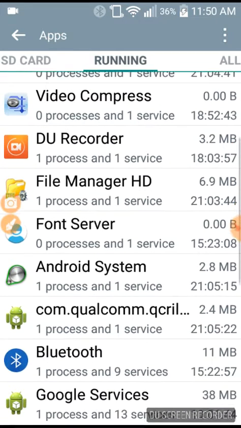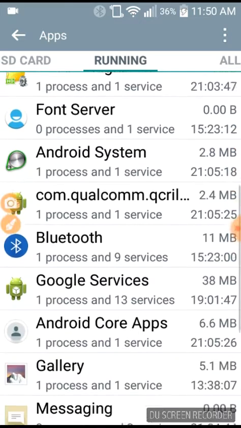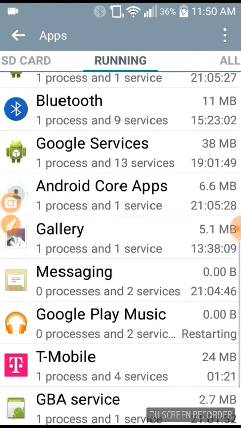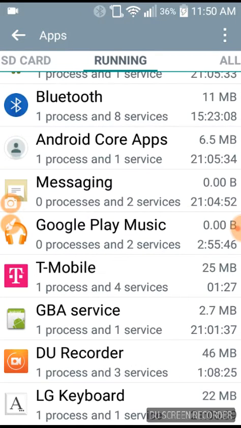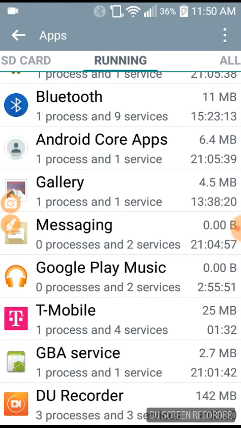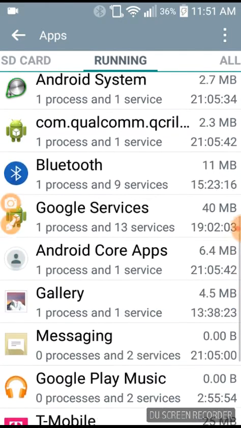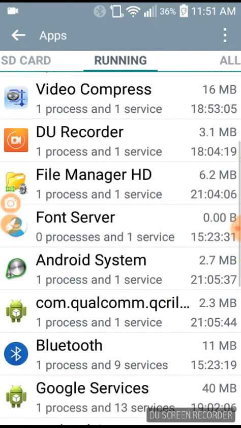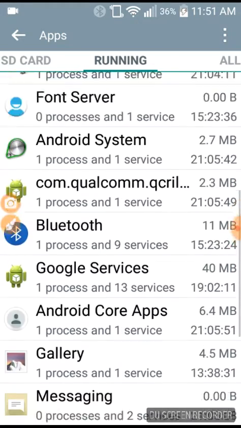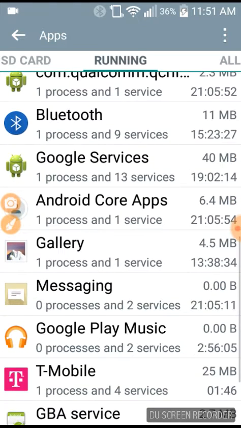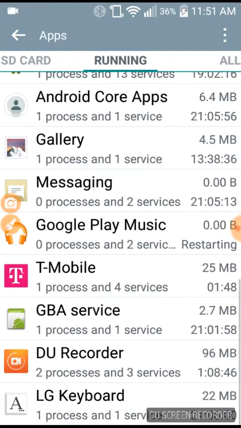Some of these processes you don't want to shut off, but certainly you can shut off your Bluetooth. You can shut off Google Play services for your cloud, like your Google Music, Google Videos, and stuff like that. I don't have anything on the cloud, so I can shut that down temporarily. When you reboot the phone, all these services will pop back up on you. The thing about Google Play services is, of course, you need it for Google Play to go get apps. You need that turned on. But I often found that with Google Play Music, Google Videos, and stuff like that, I have nothing in the